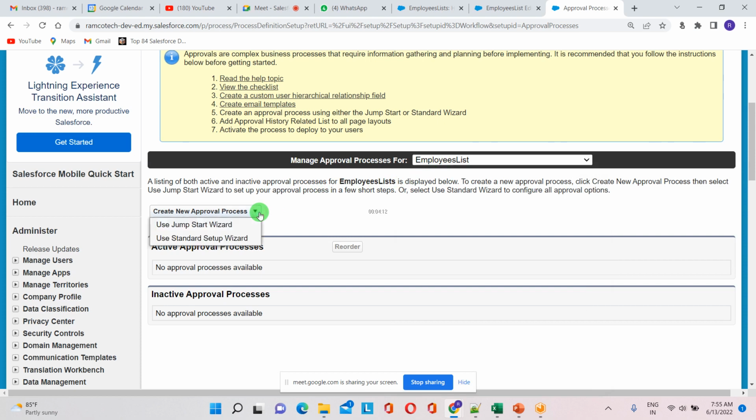If you click on this, we'll get two options. Use Jump Start Wizard is a very short method, so instead of learning the short method, better you go with the second one. Just click on Use Standard Setup Wizard,